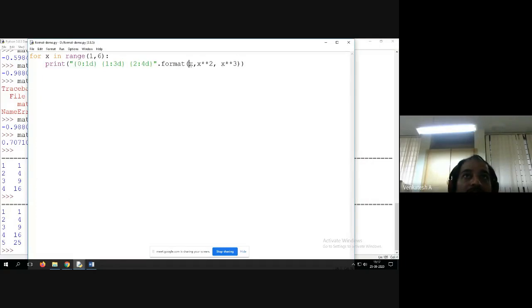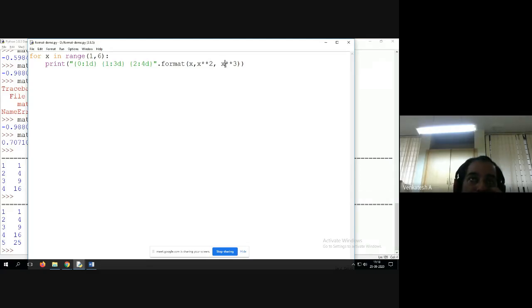The first value is x. It may occupy 1 digit, and you should start from the beginning, that means leave 0 digit spacing, then display x. Then to display the square, it may occupy up to 3 digits, but you leave 1 digit space.